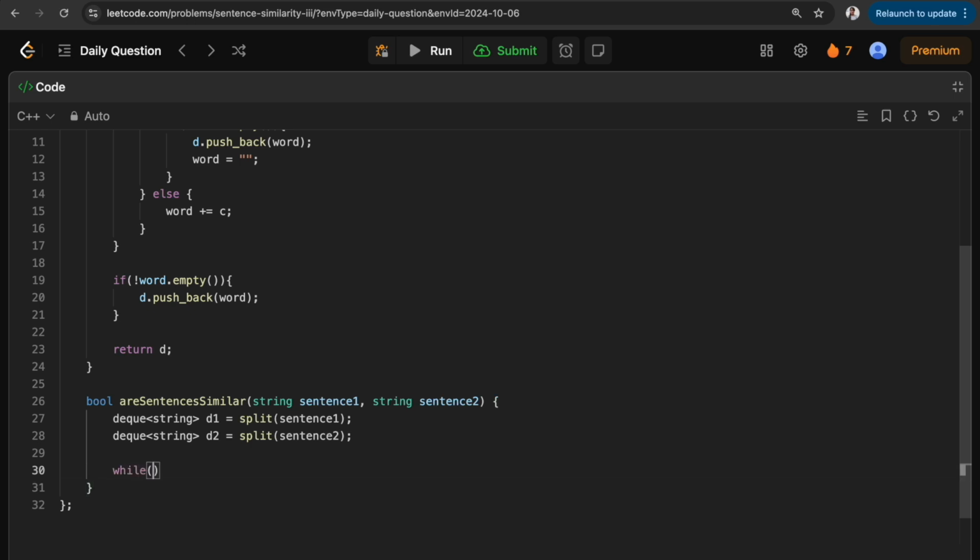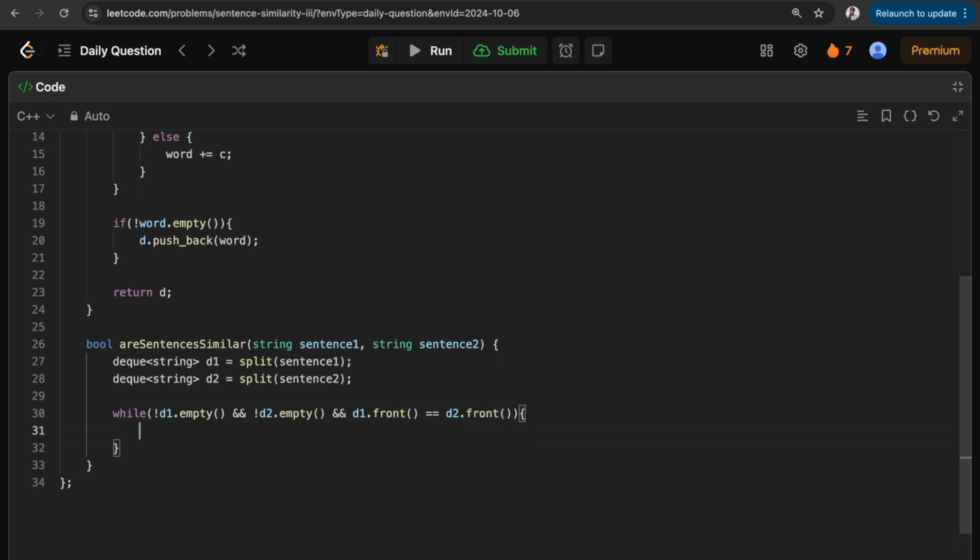So while my D1 is not empty and my D2 is not empty, and D1 dot front is equal to D2 dot front, because we are comparing elements from the front right now. So we'll keep on comparing them, and until these conditions are satisfied, we'll keep on popping them. So D1 dot pop front and D2 dot pop front, right?